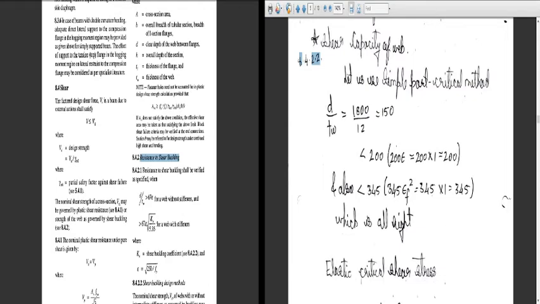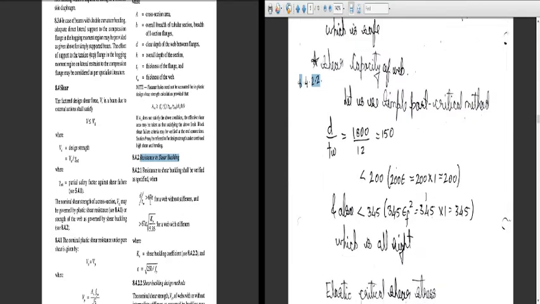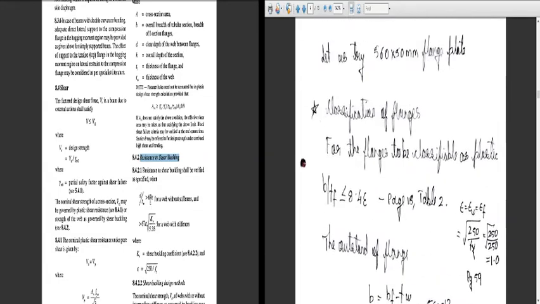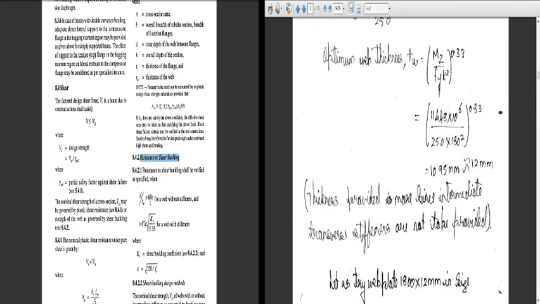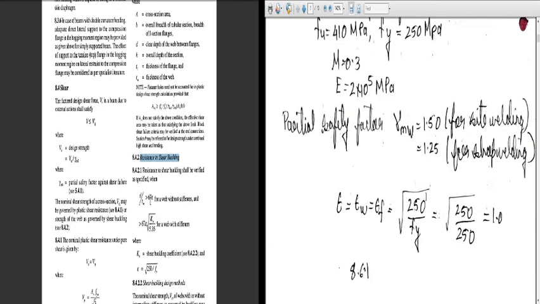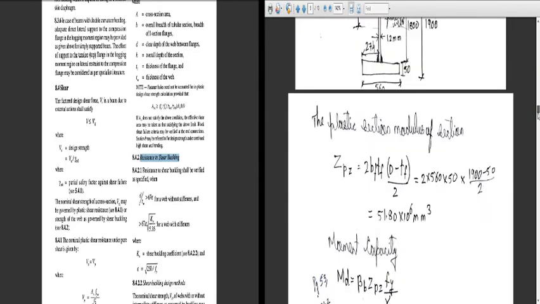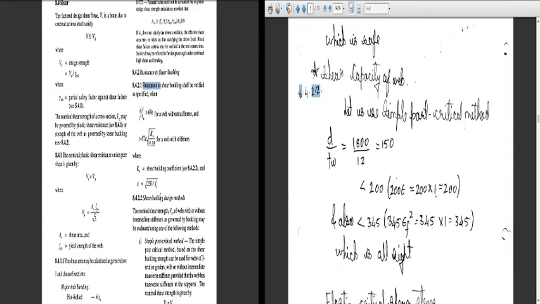Now, remember, as we have discussed in this numerical, we have clearly specified how the design will be done. The bending moment will be taken by the flange portion and the shear strength will be taken by the web portion. So, we will see the clause number now. Here you can see resistance to shear buckling is specified. This is what we want to do, 8.4.2.2, shear buckling design method. So, we should design this.